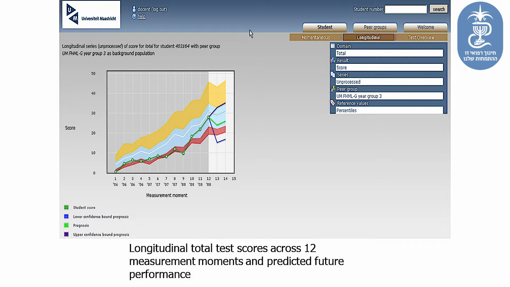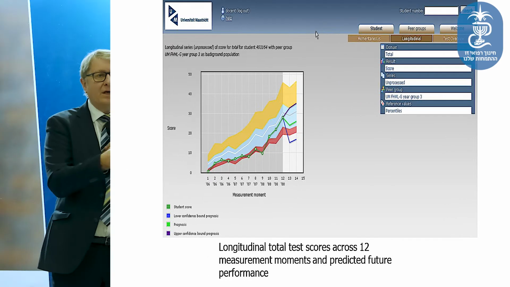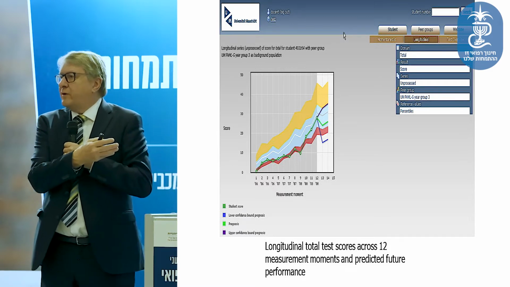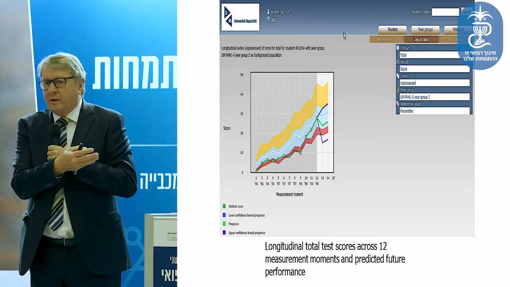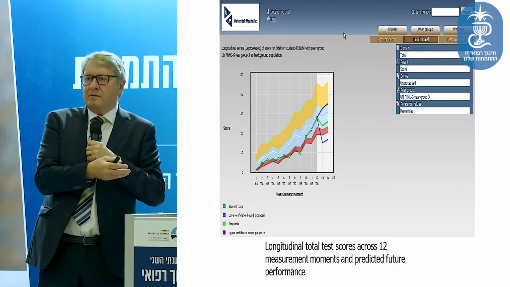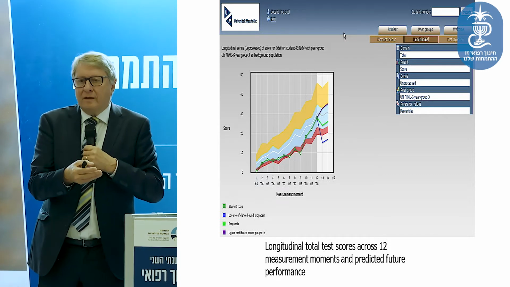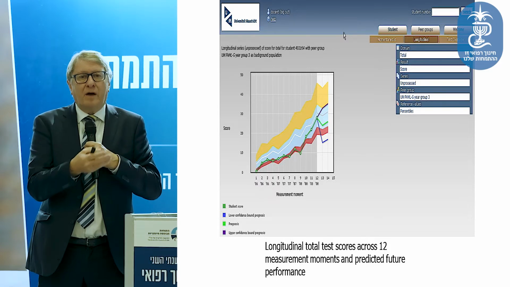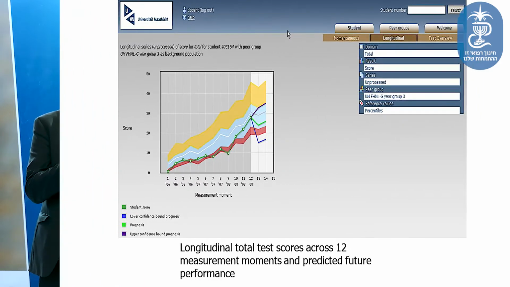The student can go online and find his longitudinal scores like this, which is then compared to the scores of the cohort. But he or she can do that for their total scores, but also for their anatomy scores, or their total basic sciences scores, or their surgery scores, or their total clinical scores. So this provides a very deep